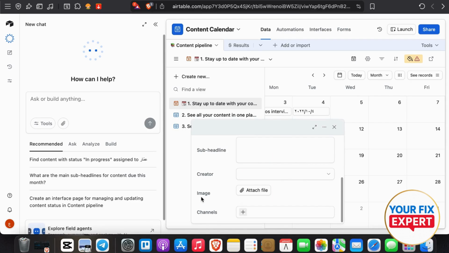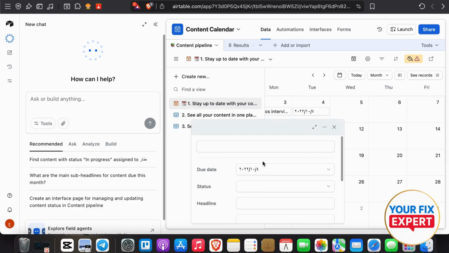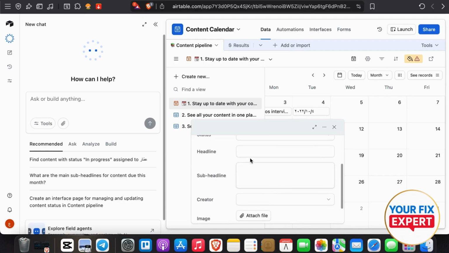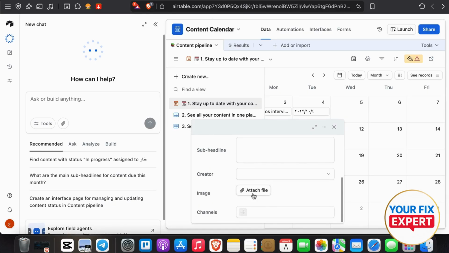So basically you're gonna start with the headline, the due date, and status, if it's currently happening or maybe it's gonna happen in the near future. Headline, of course, and the subheadline if you want to add it. In the creator, if you have a team, you're gonna select the people for that day, other than you. And the image just to back that up,